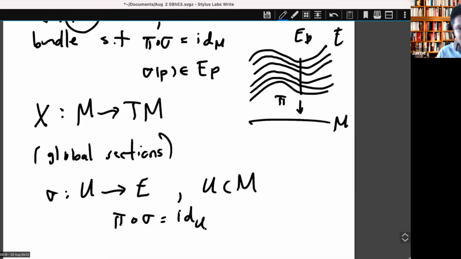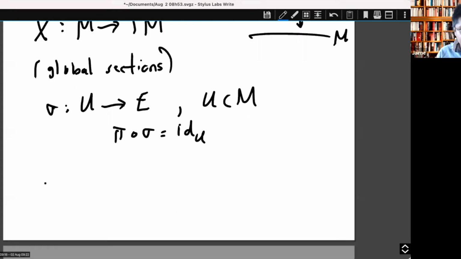But we can use either of them. But we have a special name for sections which use the domain as the whole M, and we call those global sections. So whenever you have a vector bundle, so E is a vector bundle,